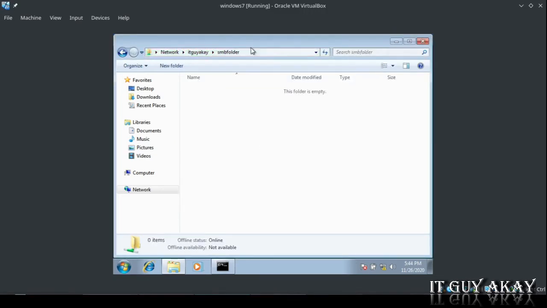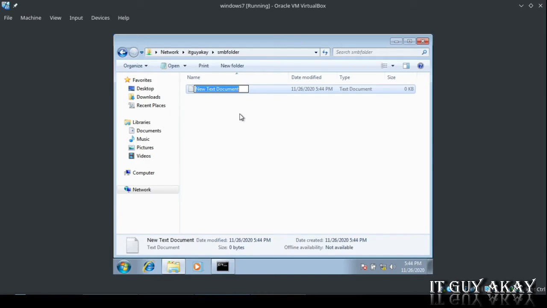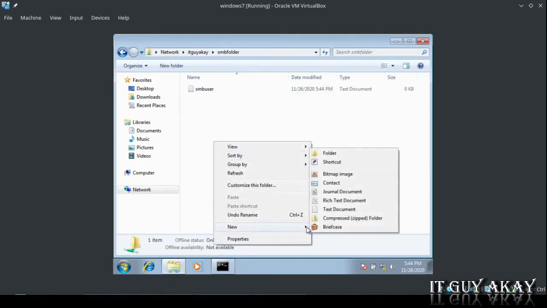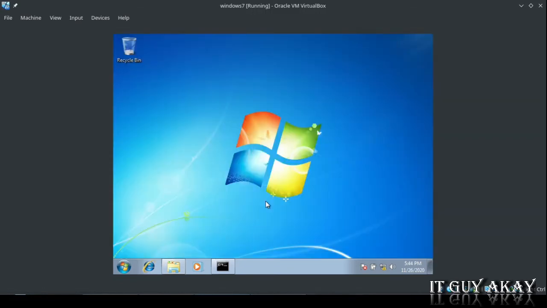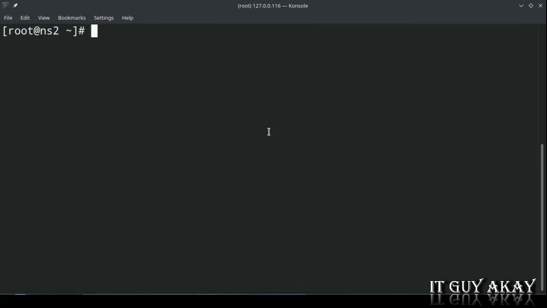You can see we are able to log in to that share. Now try to create some files and folders. You can further verify these files or folders from your server side in the same path.